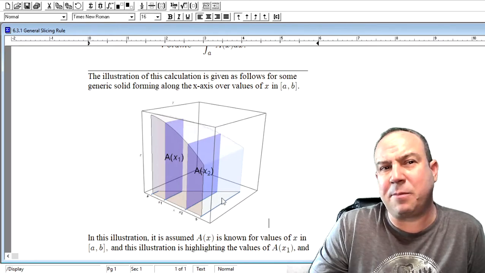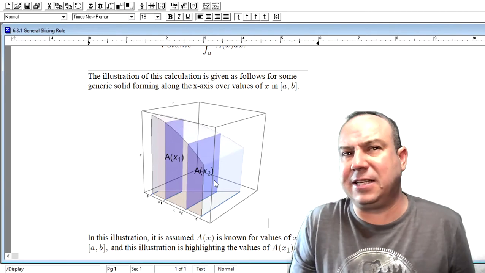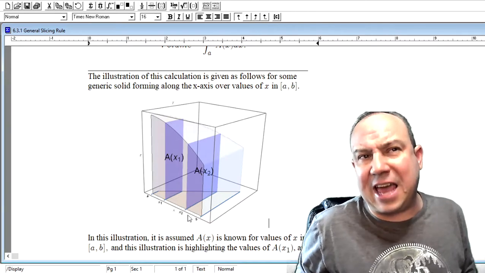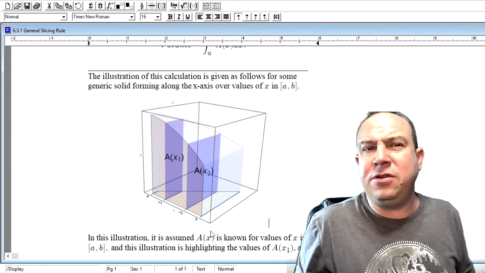And we can see that the base of the solid might be this trapezoid that's down here in the xy plane, and this whole solid is forming over that trapezoid, with this curvature we see illustrated across the top of this solid. Well, the solid does form along the x-axis, where what we have to assume is that we know,